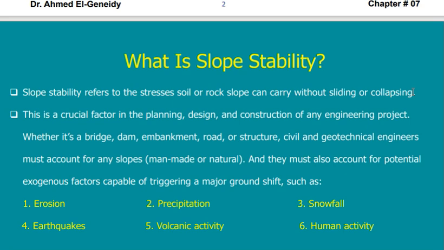Maybe you have cars going up and down this slope, so it's a load. So you have to take it into consideration. Maybe there are buildings on top of the slope. These are also loads that you have to consider. This is a crucial factor in planning, design, and construction of any engineering project, whether it's a bridge, dam, embankment, road, or structure. Civil and geotechnical engineers must account for any slope, whether it is man-made or natural,